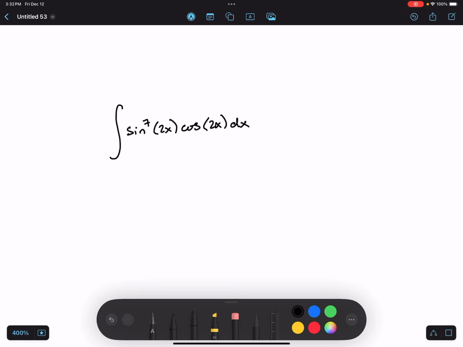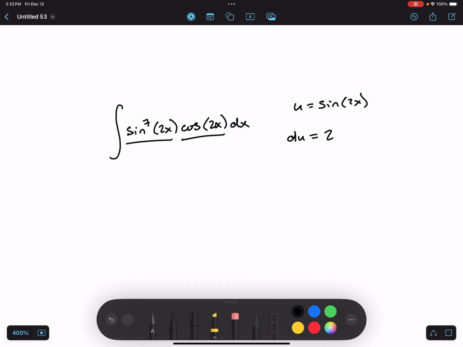We have the integral of sine to the 7th power 2x times cosine 2x, and what jumps out to me is a clear u-sub opportunity because we have something and its derivative. So what we can do is let u equal sine 2x, and then we can differentiate to get